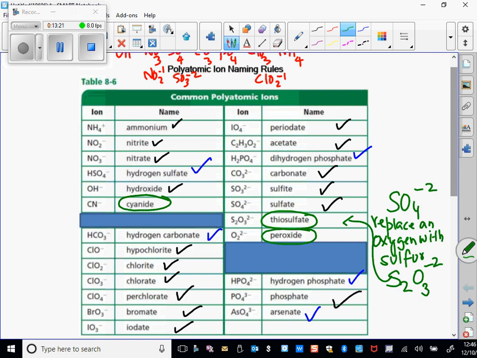Are you with me? I'm very tired. So those two are exceptions. Cyanide you just have to memorize, just as you memorized acetate. Are we good? The remaining polyatomic ions are not that difficult to memorize. Are we good? Once you know one, then you know the